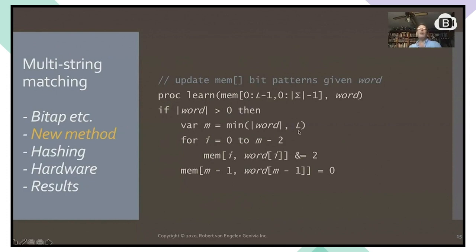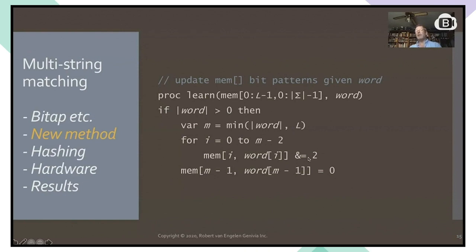Length, right? So we take the minimum, we can't look beyond the window size. There's no point in doing so. So m is the minimum of the 2. Then we set our match bit information, right? From 0 to n minus 2, we exclude the last character. We can set the match bit information in this piece of memory, and that's just by storing 2 zeros, because